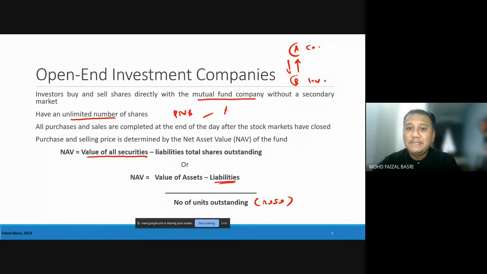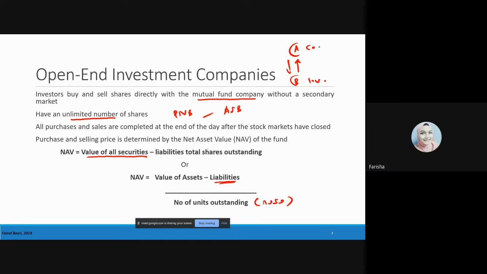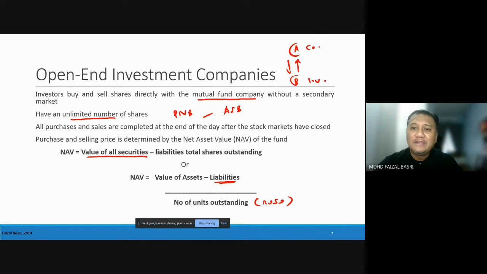Kalau you beli ASB contohnya, you beli from ASB walaupun melalui agent, tapi bila nak redeem balik isi borang merah kalau nak keluar duit tu. You jual balik kepada ASB, you tak jual kepada orang lain. Ya, betul. So itu contoh yang paling simple sekali. Cuma NAV untuk PNB punya account tak berubah. Dia always at RM1. You beli harga RM1, you jual pun harga RM1 juga satu unit.